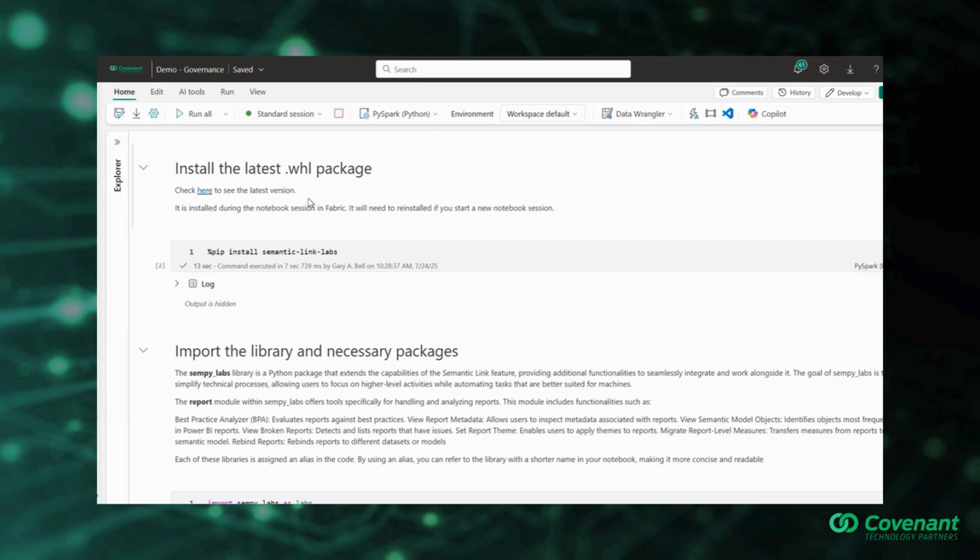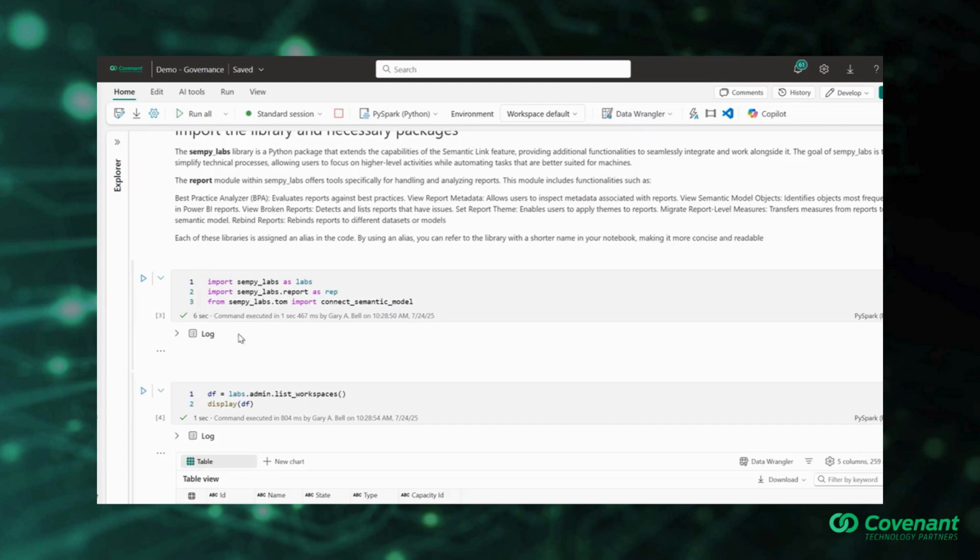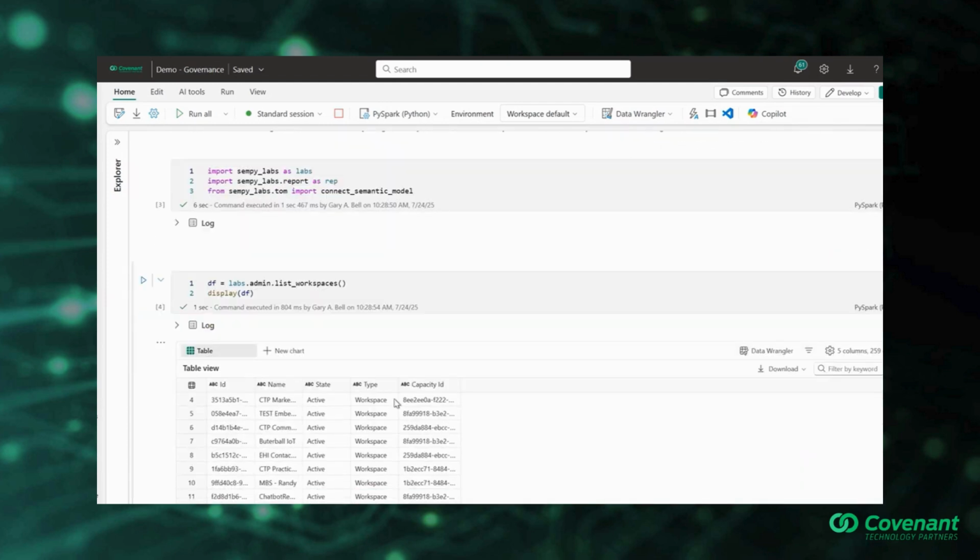So my package starts very similar. You're going to have these first couple of steps in just about every package you do, where you're going to install that lab. I've already run a few of these, so I'll just jump ahead here. Here's an example of a real simple command where we're just going to run and get a list of all